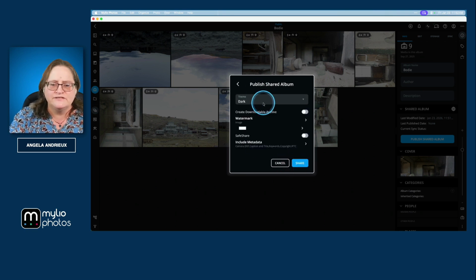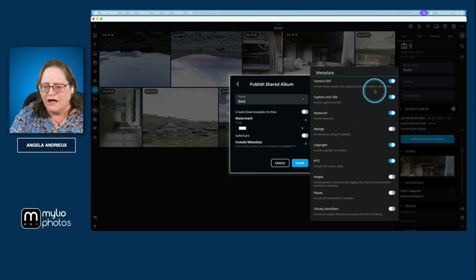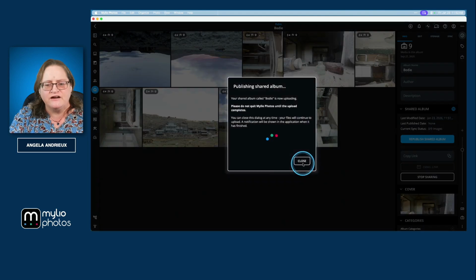I'm going to use a dark theme. I don't want these to be downloadable. If it's family pictures, you might want them to be. I want to include my watermark, and I want to include specific metadata. So this is all really good. I'm going to go ahead and click out of that and say share, and that's going to create that non-indexed